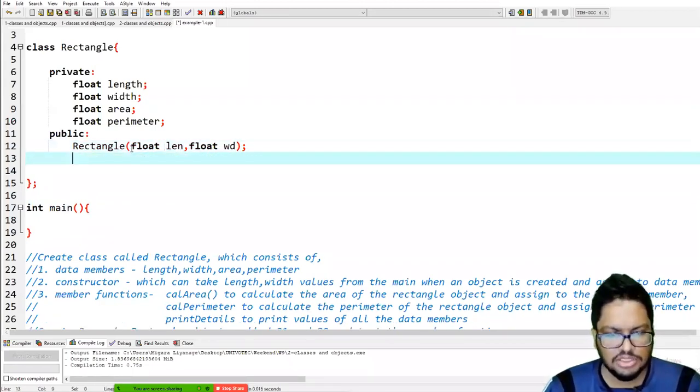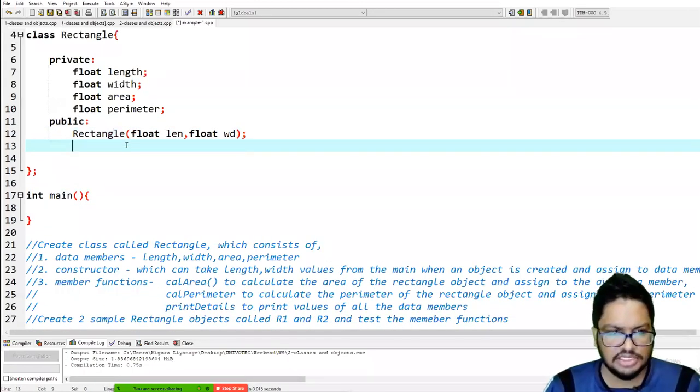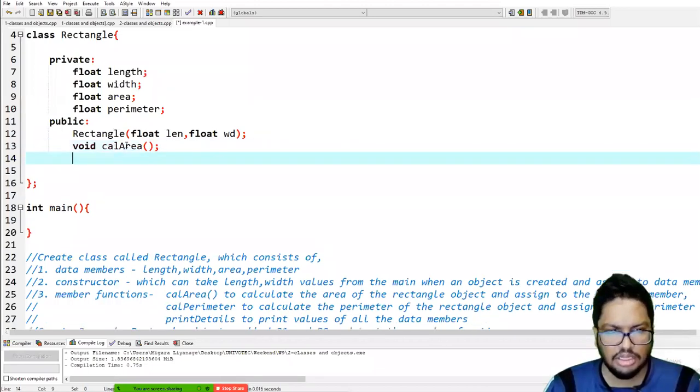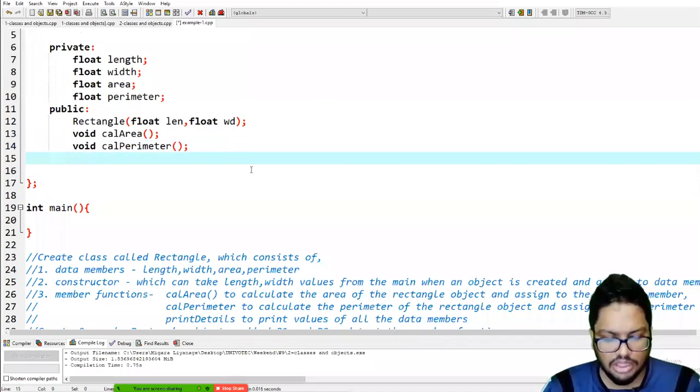Okay, so then we have defined more functions, like the cal area function and also the cal perimeter function. Then you have to have a print details function as well.